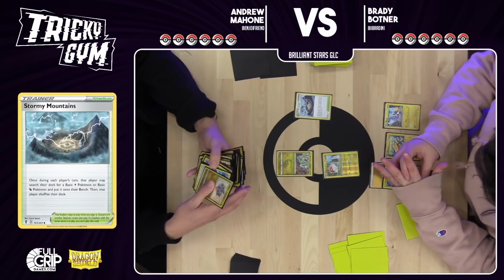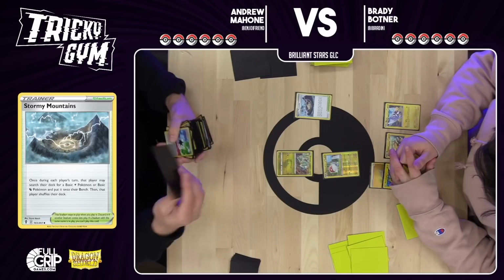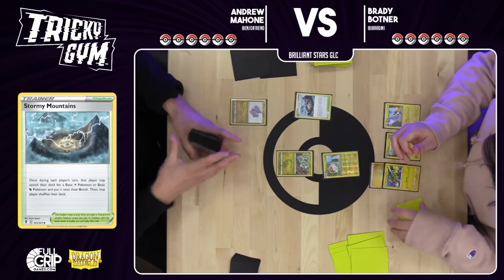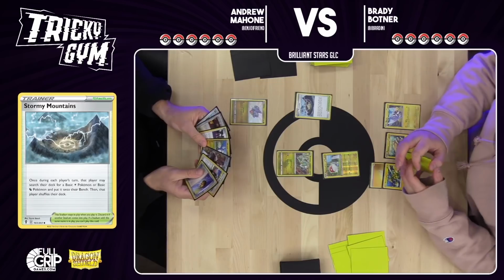So I'm taking a little look just to see, all right, what are my prizes? I do have Gabite. So we're going to Stormy Mountains for the Gible. And then I am going to...